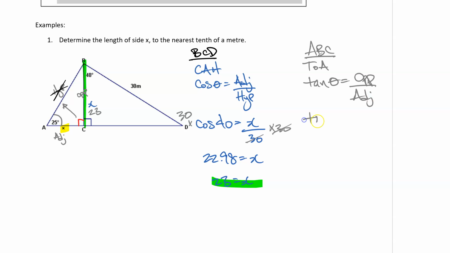Right, and our substitution should look like this. Tan of 25 is equal to the opposite, which is now 23, and the adjacent, which is what we're looking for, is x. Okay, if you remember, we're going to break out the little monkey wrench here and switch these two around, and now we get x is equal to 23 divided by tan 25, and that actually works out to be